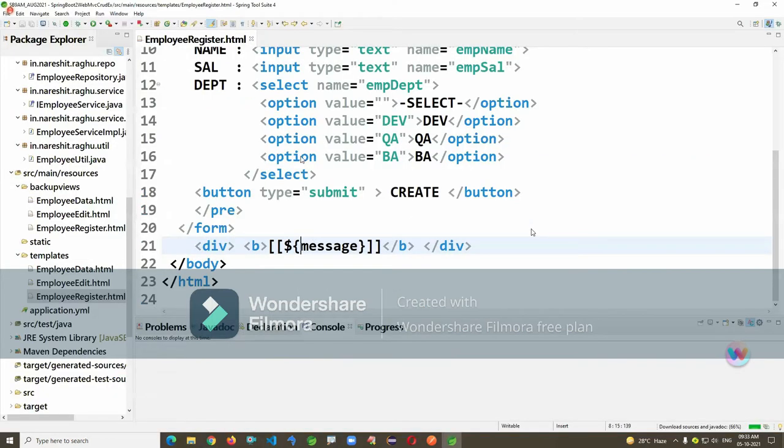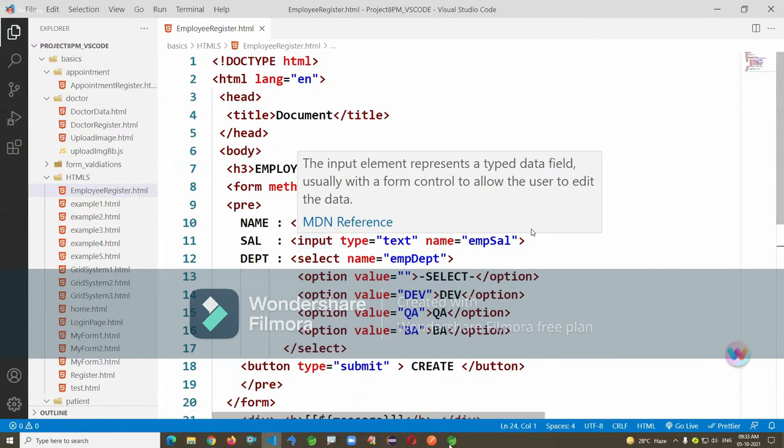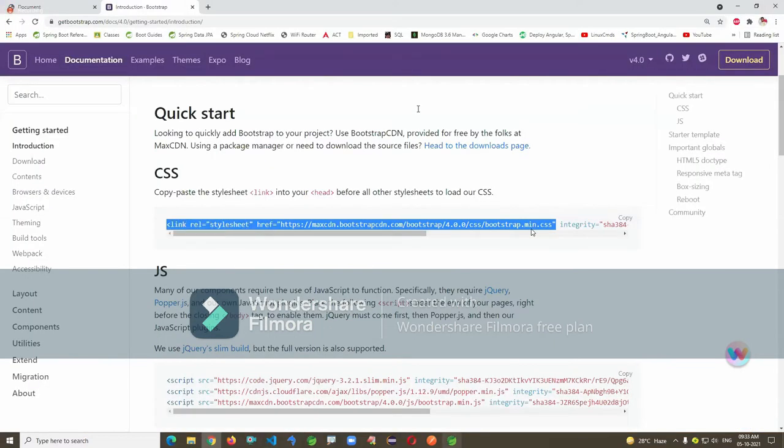This is Visual Studio Code I'm using here. First of all, adding the Bootstrap link. I can code a bit faster here, nothing else.